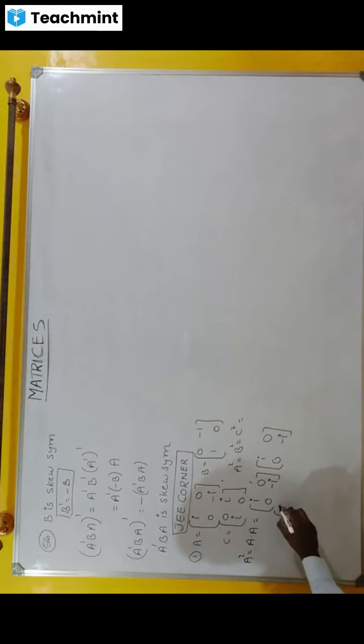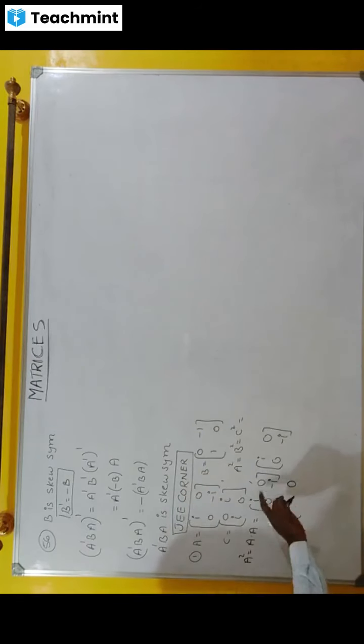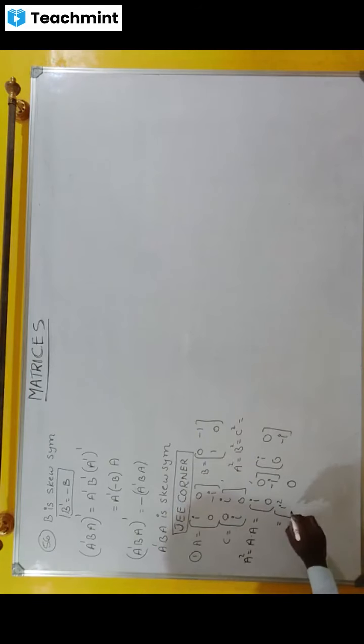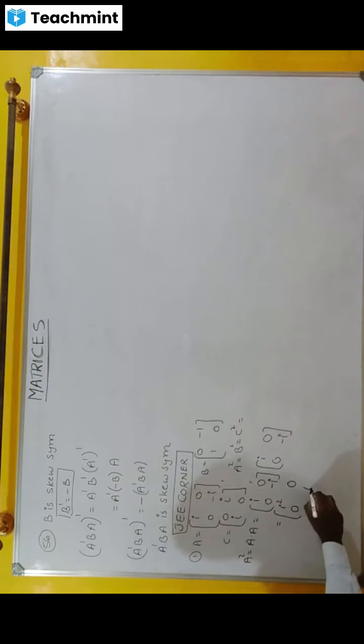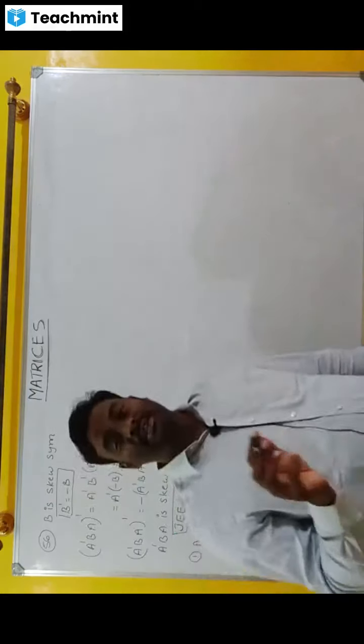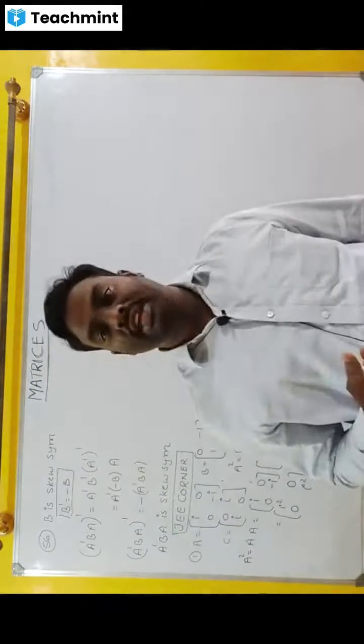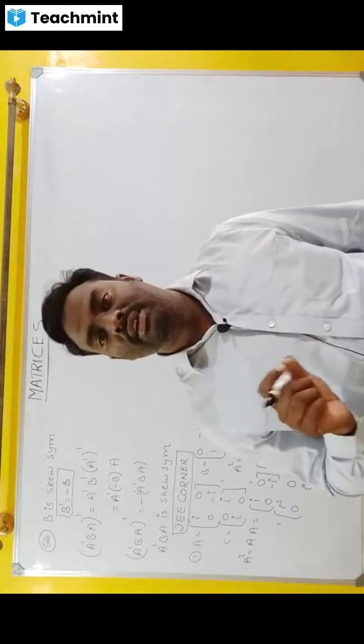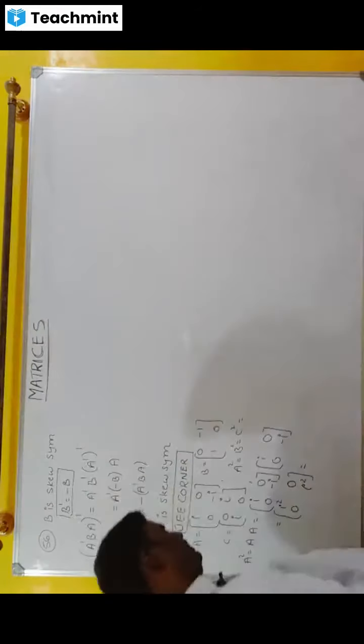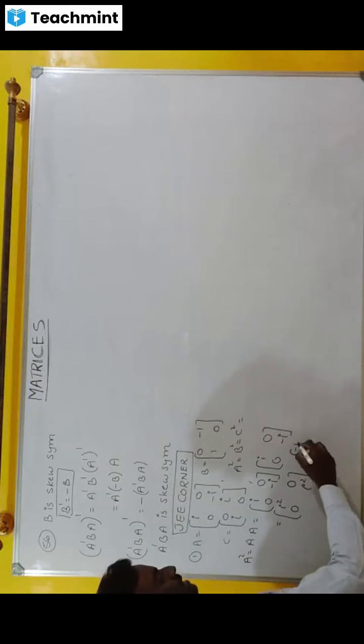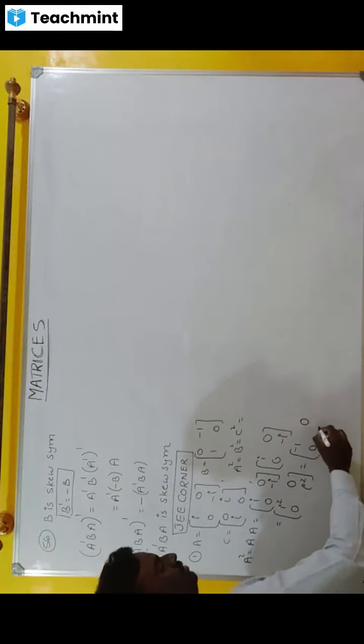i into i is i square, 0 into anything is 0. i into 0 is 0 plus 0 into i is 0. 0 into i is 0, i into 0 is 0. 0 into 0 is 0 minus i into minus i is i square. But in the first PUC complex numbers chapter, we know the i square value. What is the i square value? Minus 1 is the i square value. That's why the answer will be minus 1, 0, 0, minus